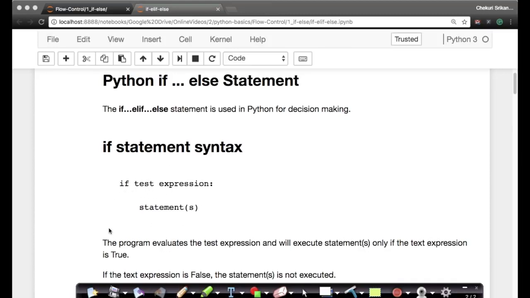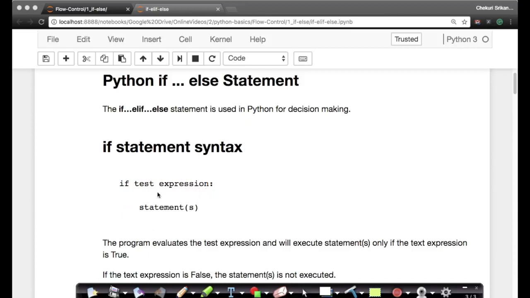So let's look at a very simple statement. If you write an expression, I'll show you what an expression is, a test expression, and if that is true, there is a colon at the end. Sorry, not a semicolon, a colon. Any statement which is indented, and indentation, just to quickly recap, is basically 4 spaces, which is a good programming habit, or you could use a tab, but I recommend 4 spaces, right? Everything which is indented will get executed whenever this statement is true.